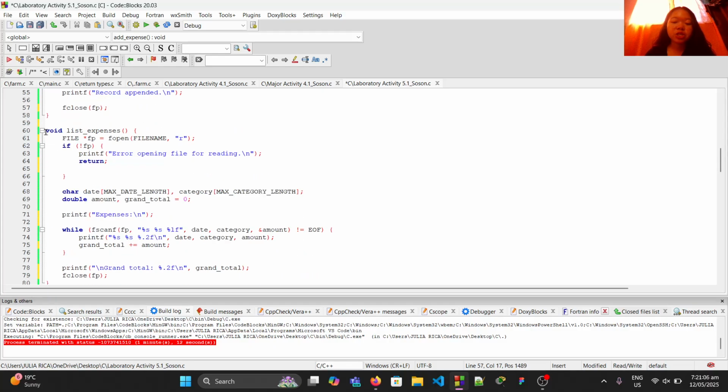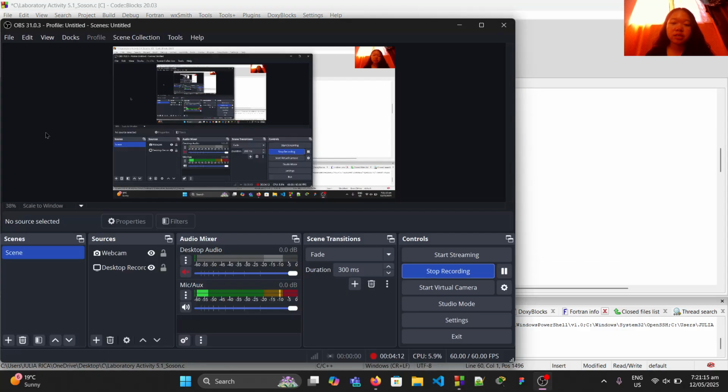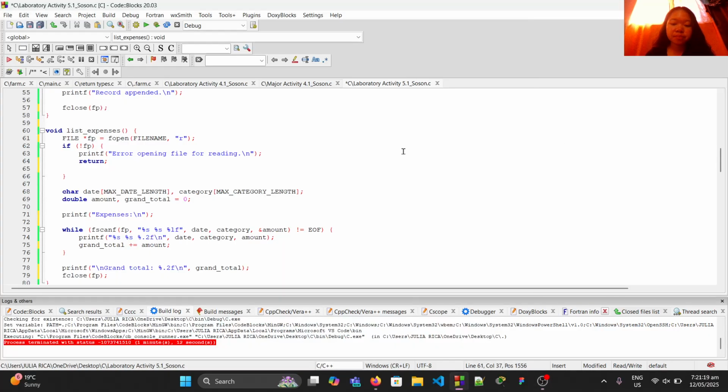We have here another function, which is a function to list all expenses and calculate the grand total, void list expense. This will open the file for reading.